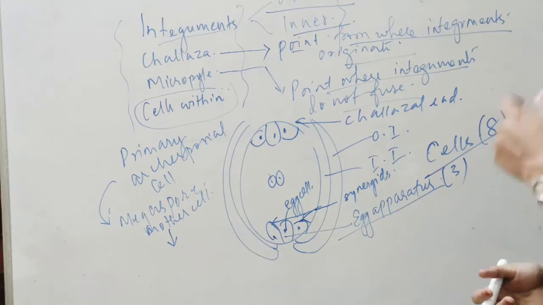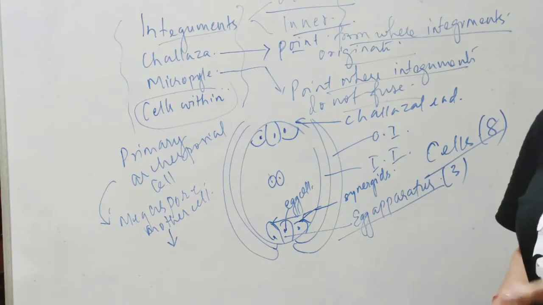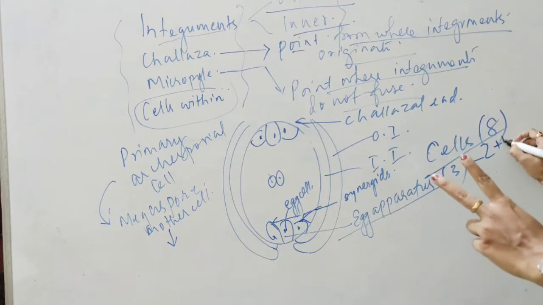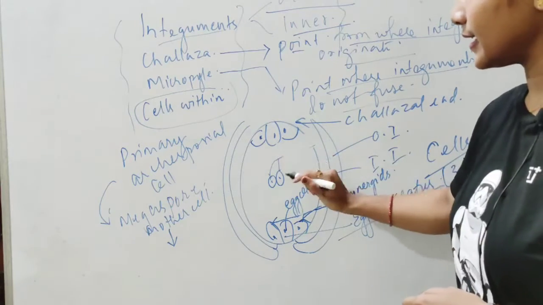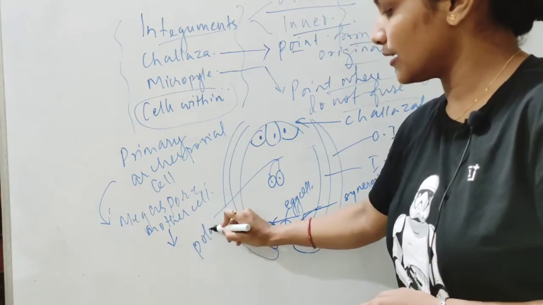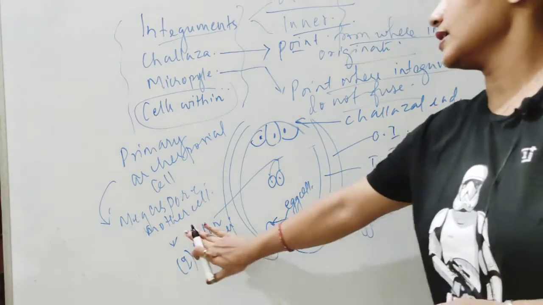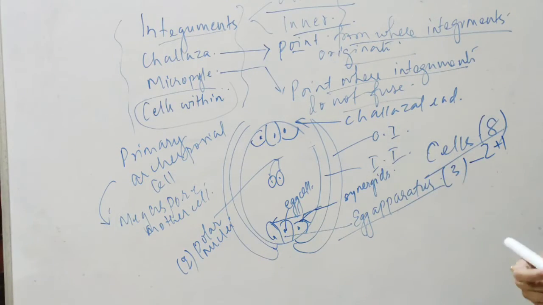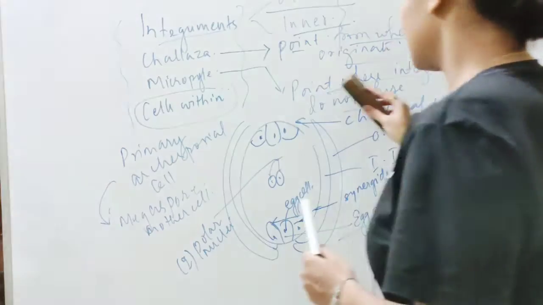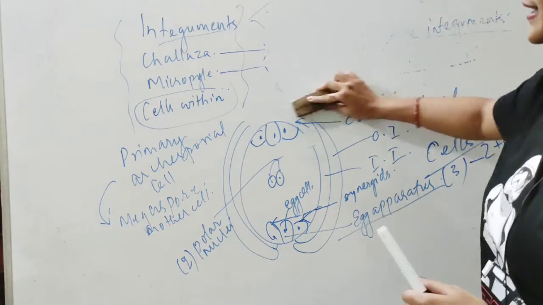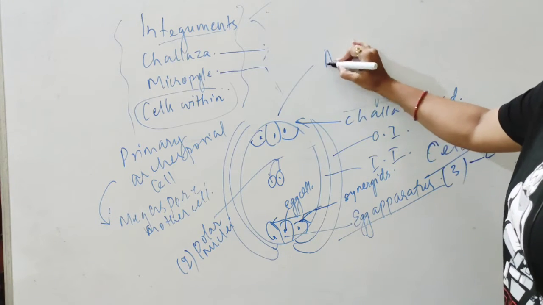Now coming to this point, in the egg apparatus you have the egg cell and two synergids, so 2 plus 1, 3. Two synergids and one egg cell. These two are the polar nuclei, and you can see they are exactly 2 in number. Now at the chalazal end, as you can see, there is again another set of 3 cells, and they are called the antipodal cells.